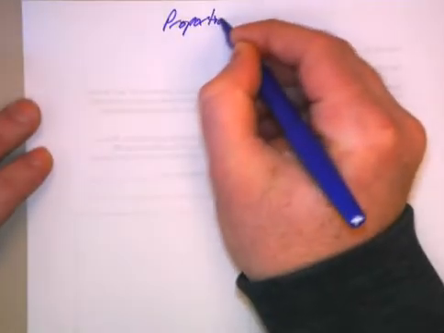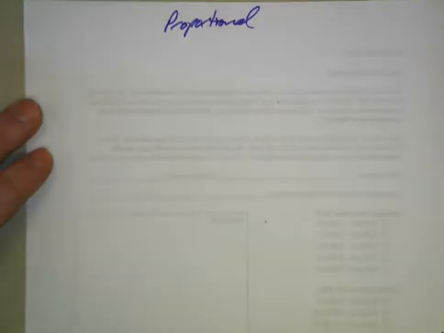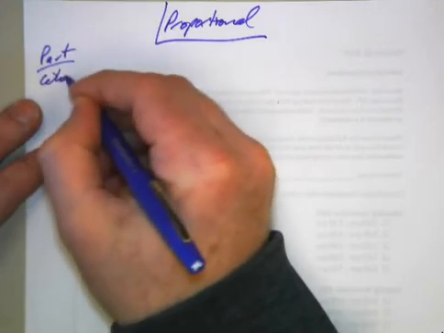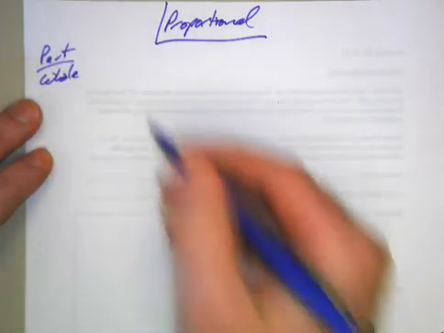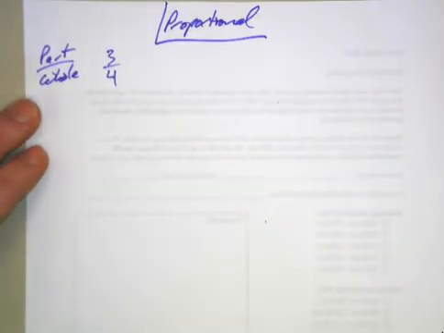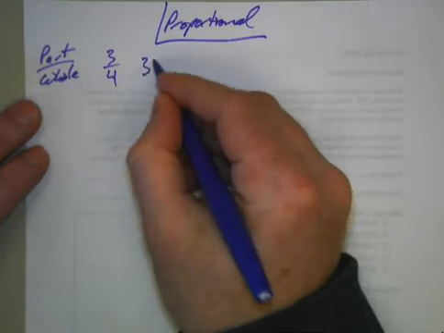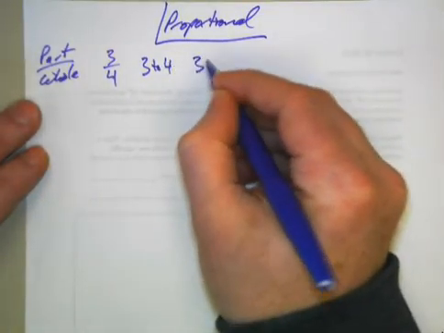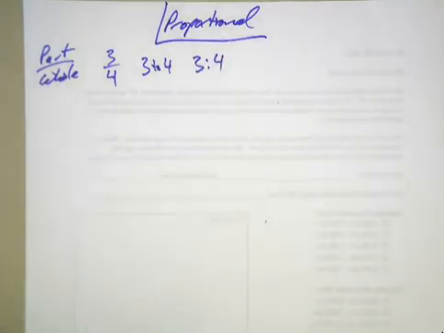Okay, guys, today we're going to be talking about proportional relationships. And most of what we have explored so far has had to do with part to whole relationships. And we might say 3 out of 4 pieces were shaded. We might also say 3 to 4, or we might say 3:4. All of those are proportions